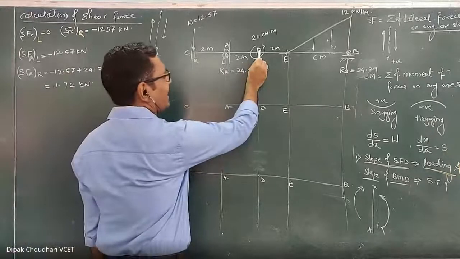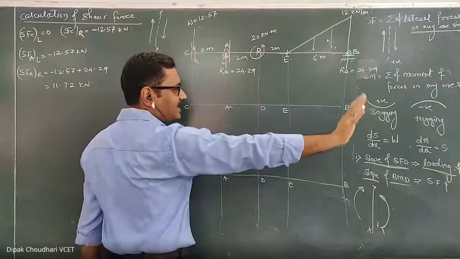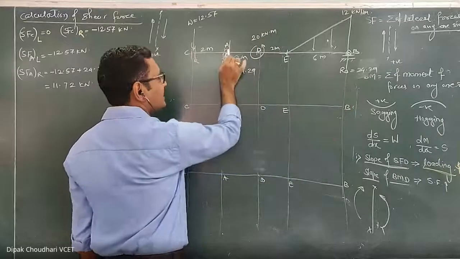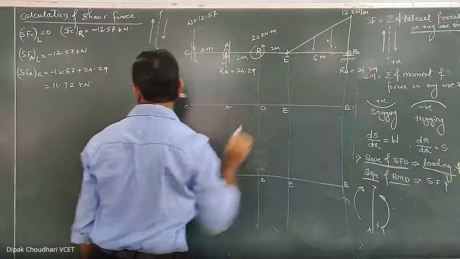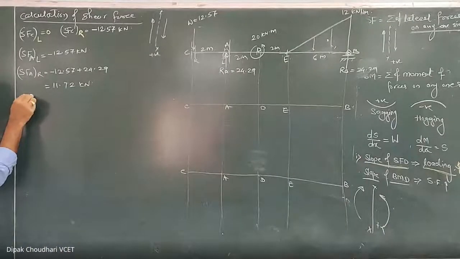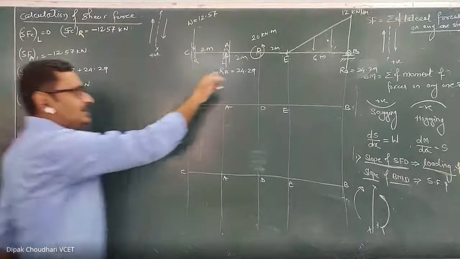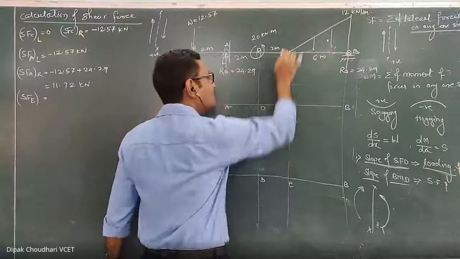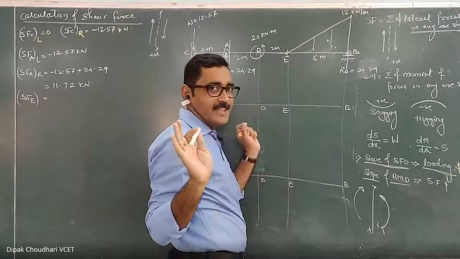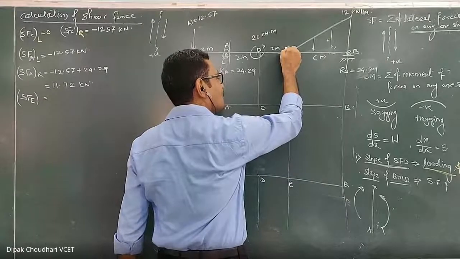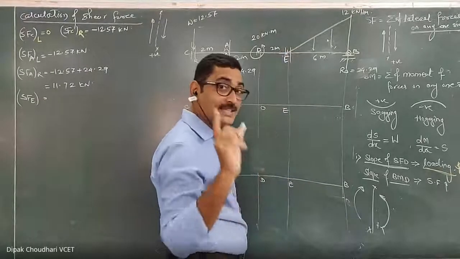Now, no need to calculate the shear force at point D. Ignore this moment. Here, moment doesn't make any change in the shear force diagram. That's why from A to E, since there is no load, the shear force value remains constant. Okay. So, shear force at point E. Now, at point E, this distributed load started. There is no point load. Since there is no point load, there won't be any sudden change, and that's why no need to take the section on the left side of E and right side of E. If you take it like this, you are going to get the same answer.